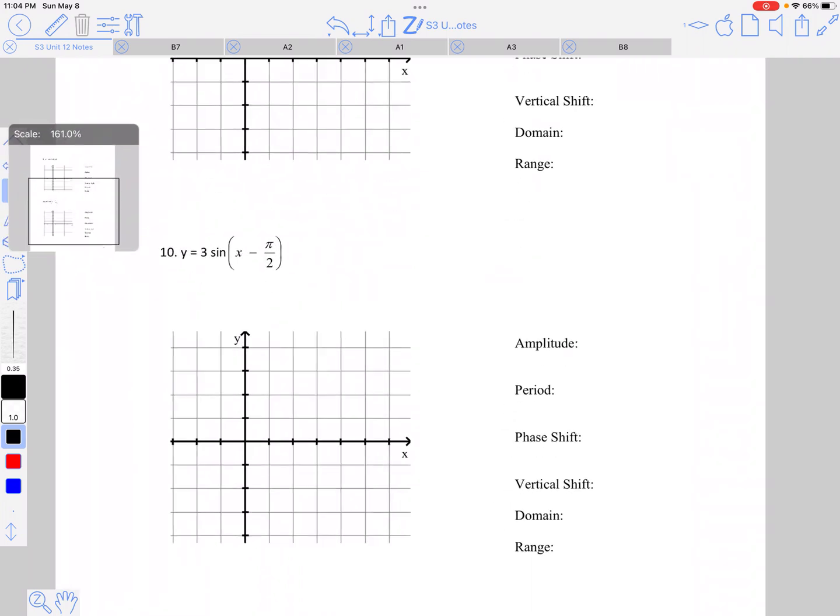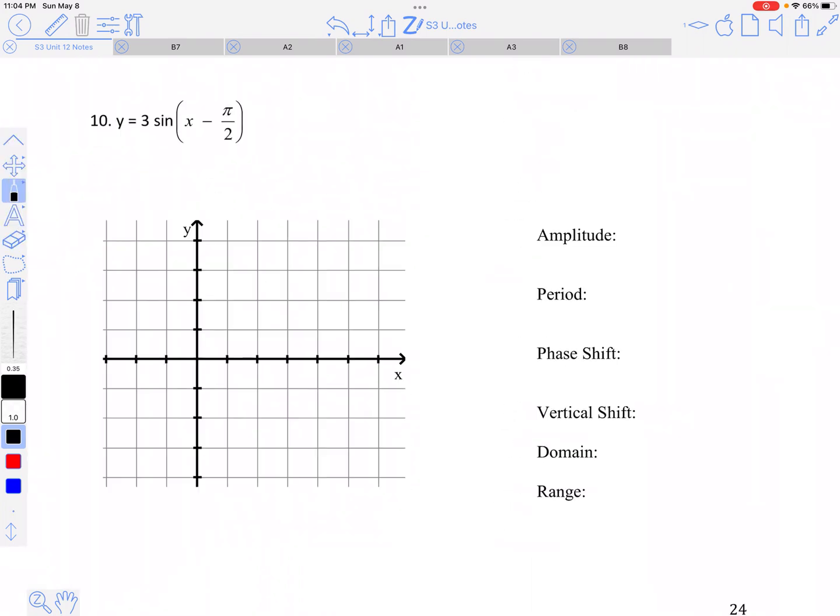So let's look at 10. Okay, so 10 is going to have a phase shift. So I'm going to take this, set it equal to 0, add pi halves to both sides. So my phase shift will be right pi halves. So I'm going to label this as pi halves, pi, 3 pi halves, 2 pi, and then 2 pi plus a half